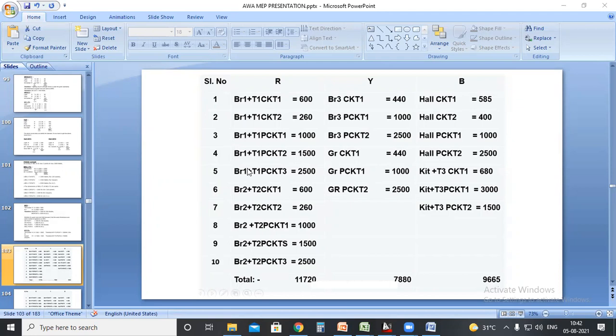But if it is possible to manage all the particular circuits coming inside a room in a single phase, that will be good. Okay, what I'm saying is you can balance by taking any circuit like 2500 circuit to the Y phase, it will automatically get balanced. But is there any possible way to balance such that all the particular bedroom circuits are coming in a single phase alone? Here, if I'm taking BR2 plus PCK2, PCKT3 to the Y phase, that means your bedroom 2 is getting R phase and Y phase.